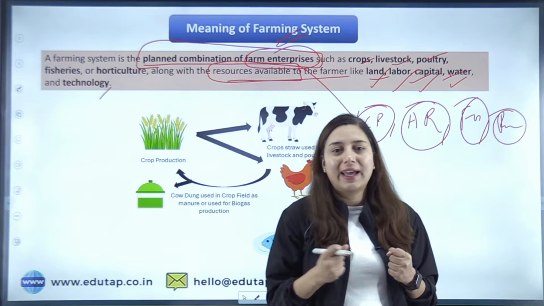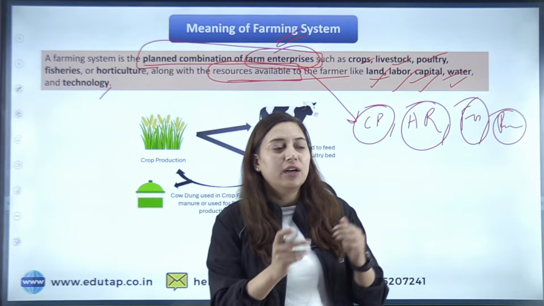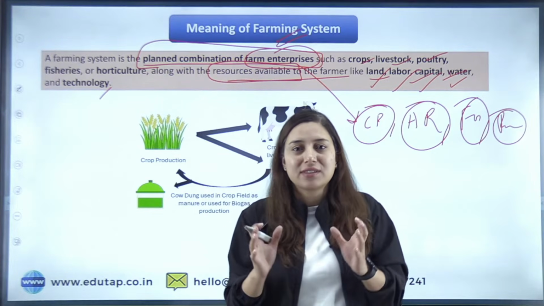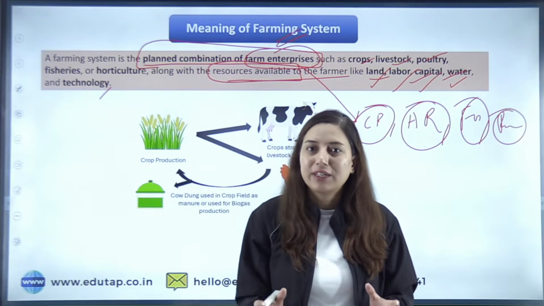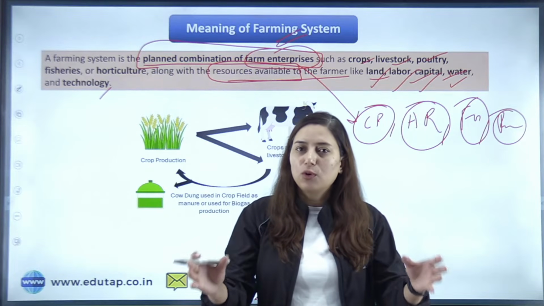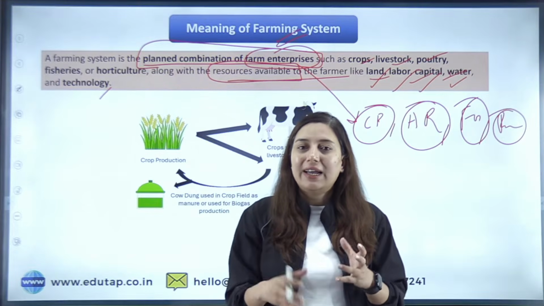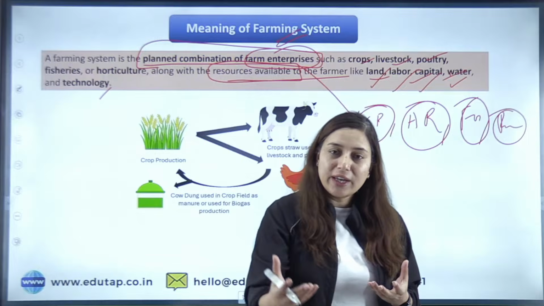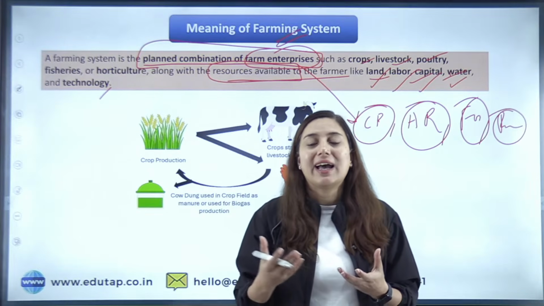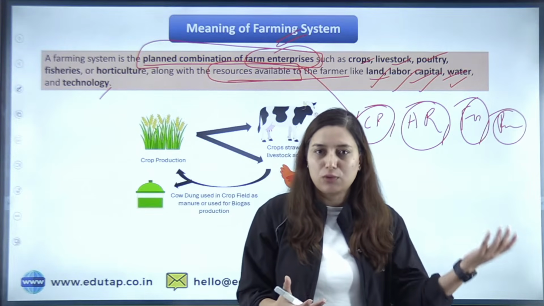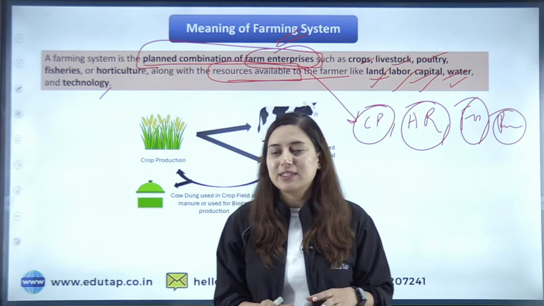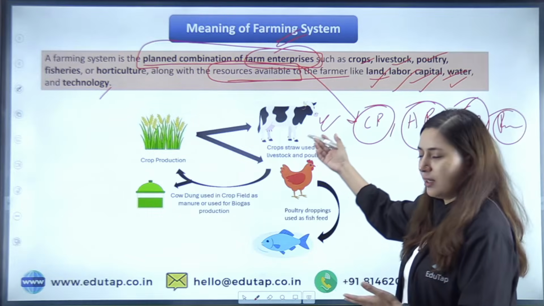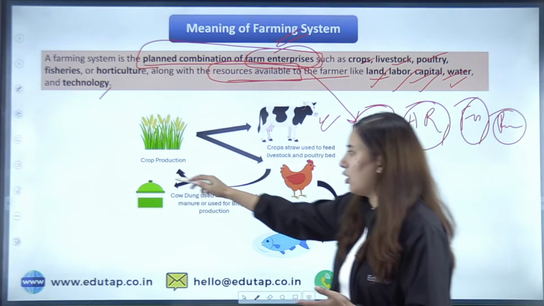So see, if I am a farmer and I want to rear animals as well as grow crops, I will have a certain amount of resources, and I want to do both enterprises. So what I'll do, I'll allocate my resources in such a way that I am getting maximum benefit out of it, right? If my two enterprises are animal husbandry, poultry, and crop production,